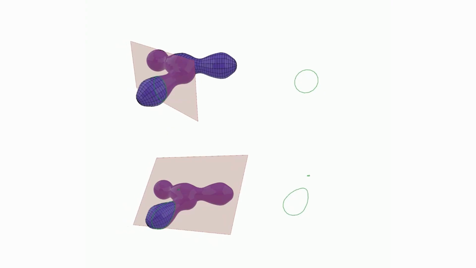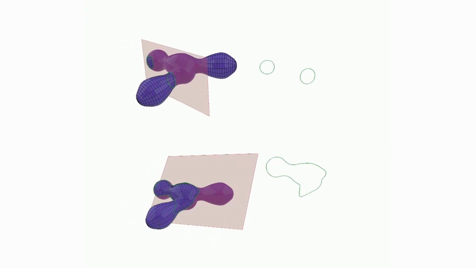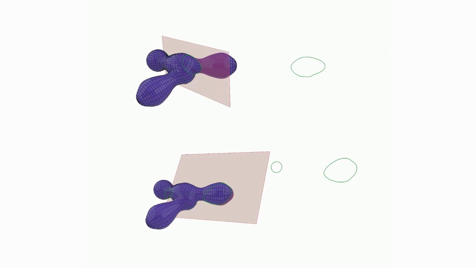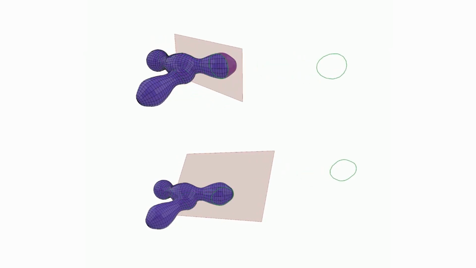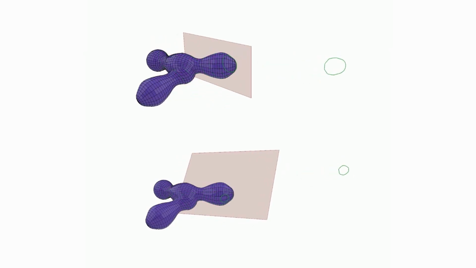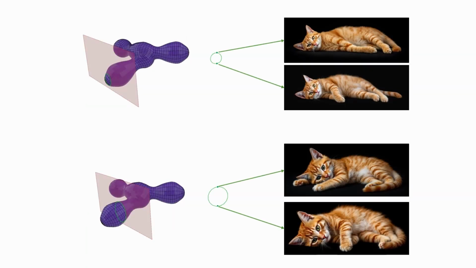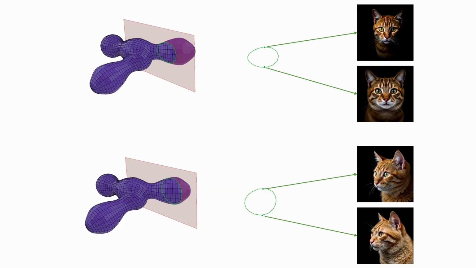In fact, we're not limited to directions aligned with the coordinate axes. We can use any direction we like. And this provides for great variety in the slices we generate. These slices are families of cats lying on their side, while these slices are families of cat faces.